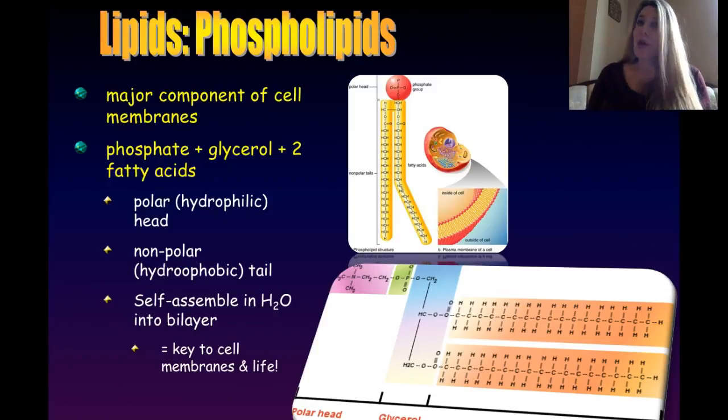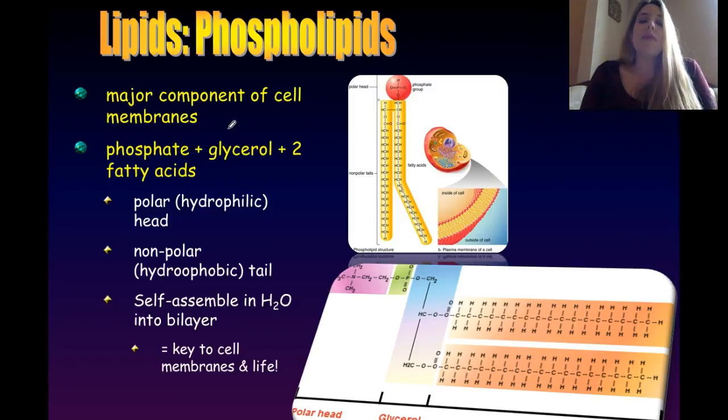Okay. So I think we have a good understanding of fats. Now let's move on to phospholipids. Phospholipids are so important to life because, again, these are the major component of our cell membranes. And that's true whether you are any kind of animal, like a human, like a duck, like a platypus, or any kind of plant, or any kind of protist, or even bacteria. Our cell membranes contain what's called a bilayer, 2 layers of phospholipids.